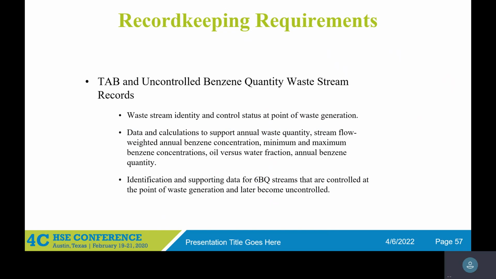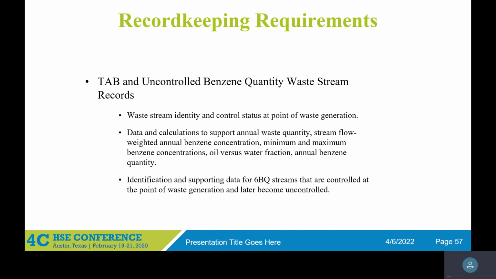So what are the record keeping requirements? For your TAB and your uncontrolled benzene quantity, believe it or not, this is so petty, but they will give you a citation and a finding for not having one of these things. For example, the benzene concentration has to be the minimum, maximum, and average. If you just present the flow weighted average, they'll cite you because you don't have the minimum and the max. So these are petty things, right? They're not big things, but